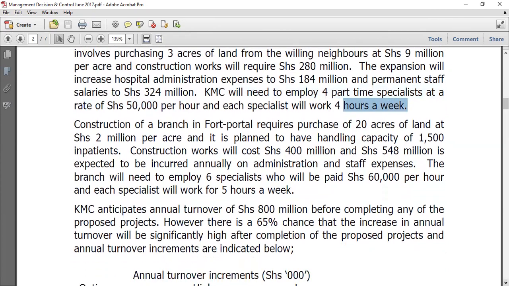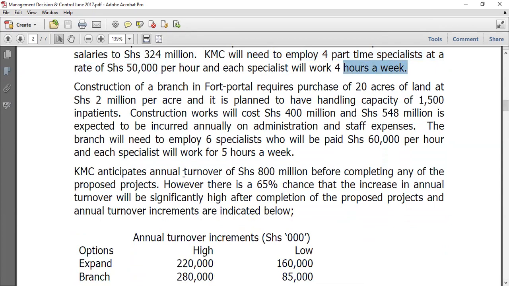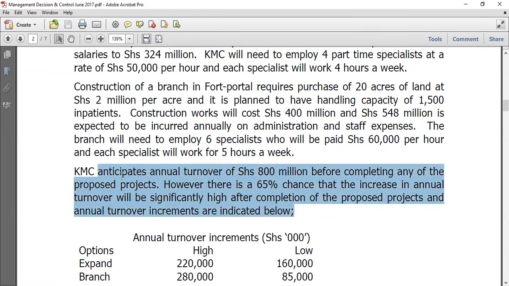Now, remember they have told us something here. They're telling us that KMC anticipates annual turnover before completing any of the projects. However, there's a 65% chance that the increase in turnover will be significantly high after the completion of the proposed projects, and the annual turnover increments. Now, this alone would add another line, okay? This would add another line to what we want to do here. So what we may want to basically do is